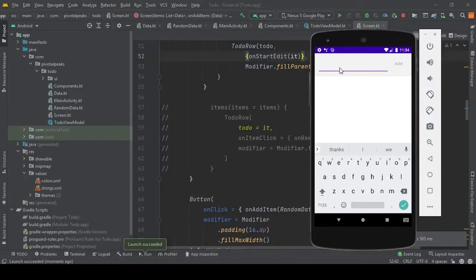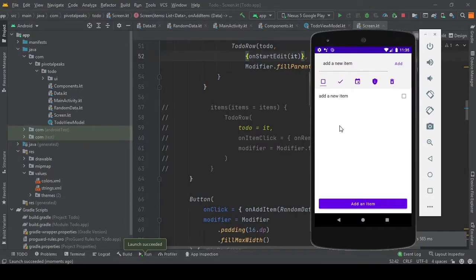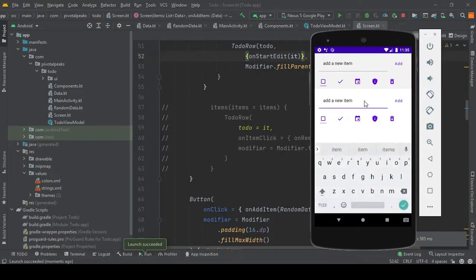So for that we need to add some item first. Let's add an item. Now we need to see if the inline editor is working or not. So we click and you can see that the editor is showing up, and yeah, the functionality is not working for adding it.